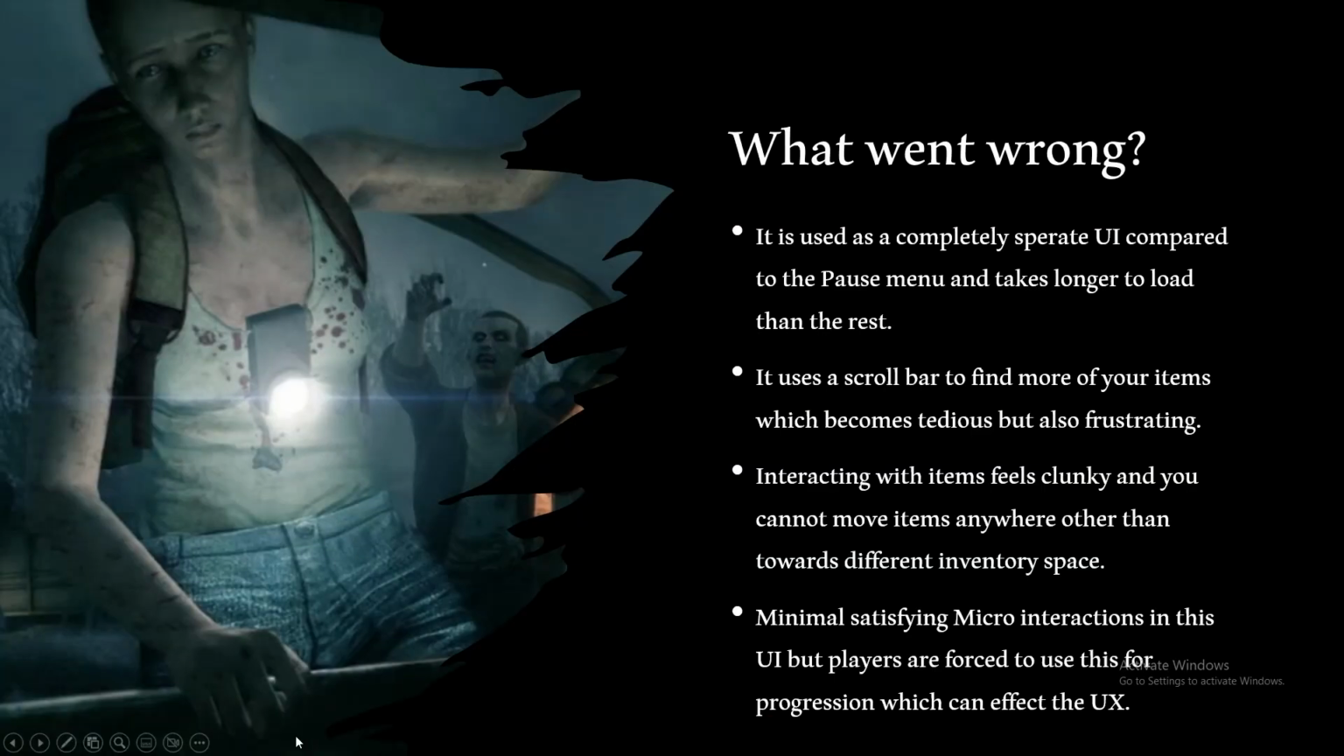So what went wrong with this UI? So it is used as a completely separate UI compared to the pause menu and takes longer to load than the rest. It uses a scroll bar to find more of your items, which becomes tedious, but also frustrating, especially later on in the game. Interacting with items feels clunky, and you cannot move items anywhere other than towards different inventory space, and it features minimal, satisfying micro interactions in this UI, but players are forced to use this for progression, which can affect the